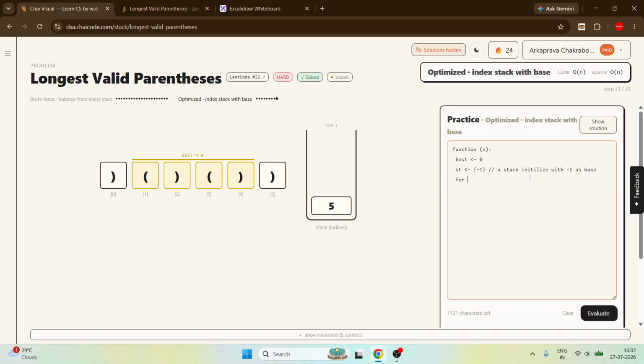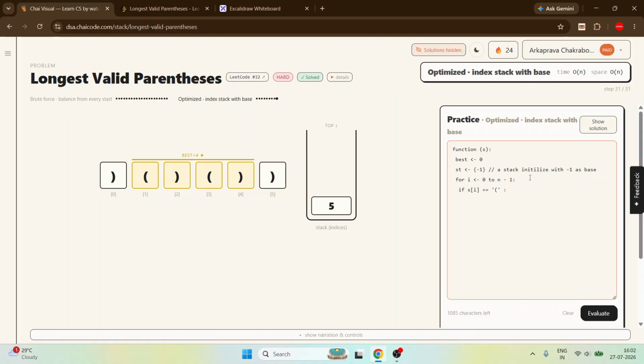So start a loop from 0 till the end, and if anytime the s of I is equal to